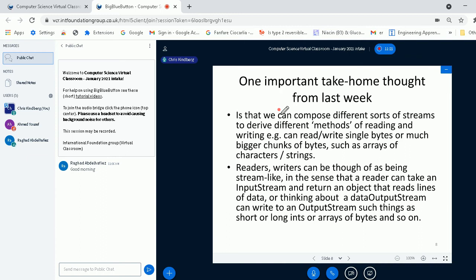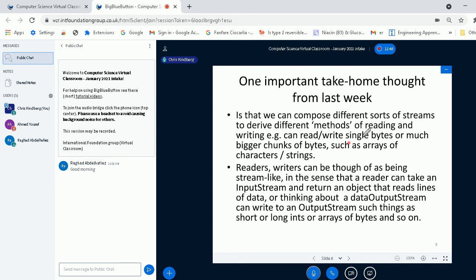So, for example, I can read or write single bytes, or maybe by composing one stream with another, I can write bigger chunks of bytes, such as an array of characters or an array of integers or whatever. And we mentioned very briefly readers and writers.